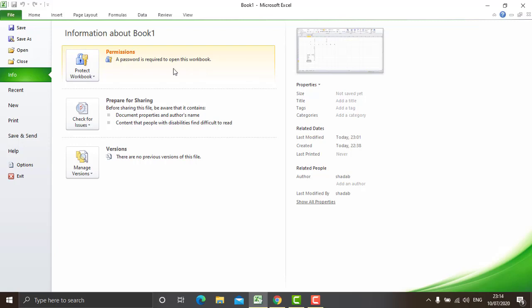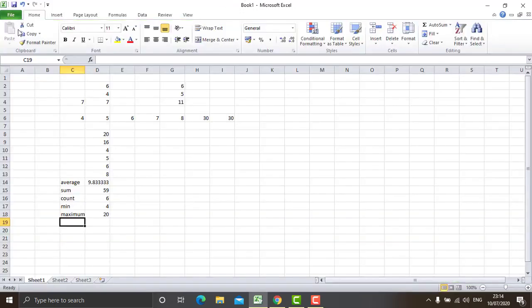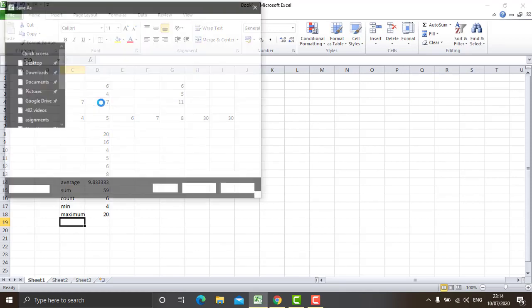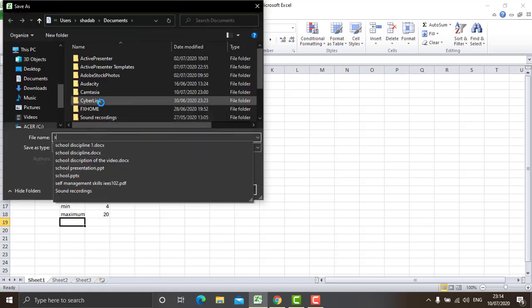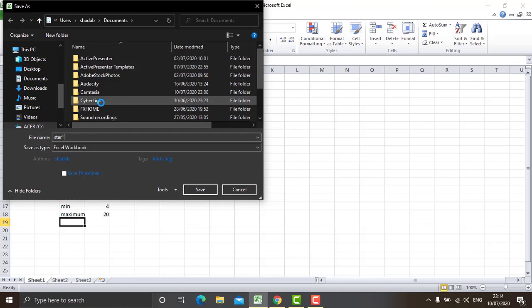Now we have set the password, so let us save this workbook and try to open it back again. Click on File and click on Save. As I click on Save, it will ask for a name. Suppose the name is star one and I'm saving in Documents.